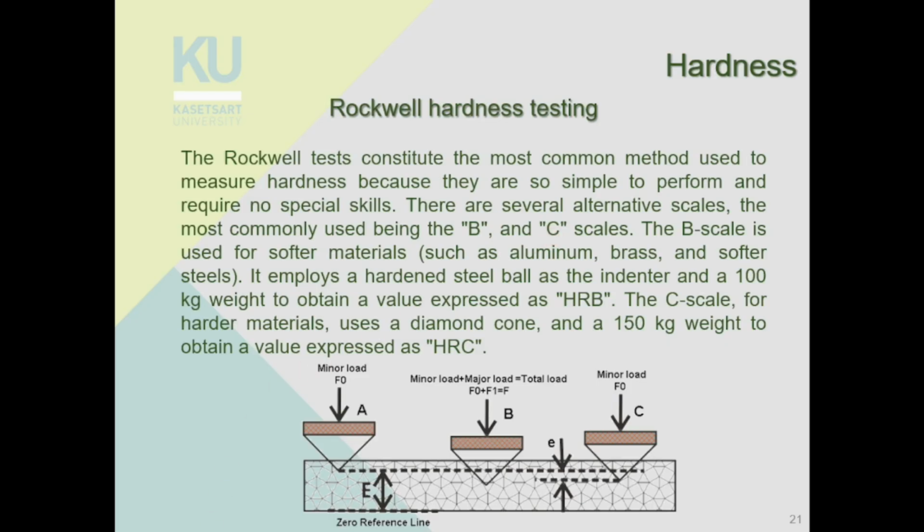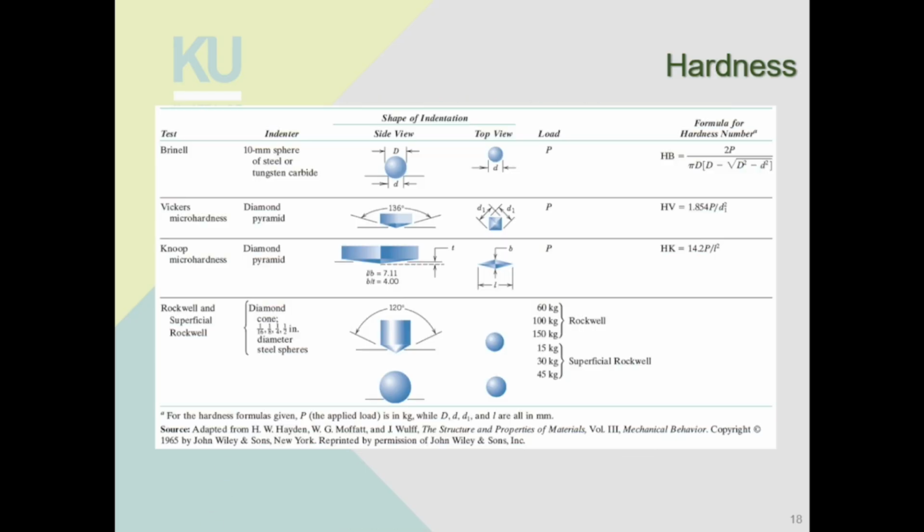Okay, so the B scale Rockwell hardness will use a ball, a ball indenter, whereas the C scale of the Rockwell hardness will use a cone indenter. Right, that's where the B and C scale come from. B for ball and C for cone. So basically you either have a cone shaped indenter, which is made from diamond, or you have a tungsten carbide or hardened steel ball as the indenter